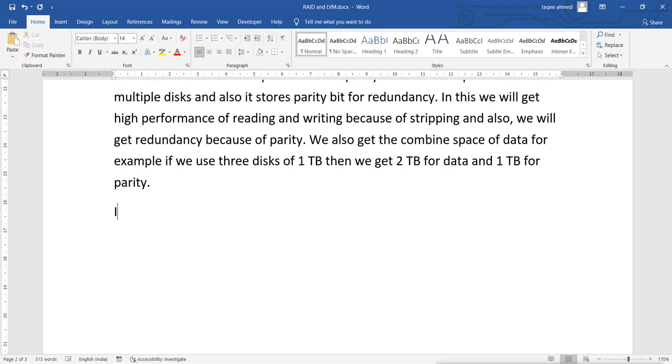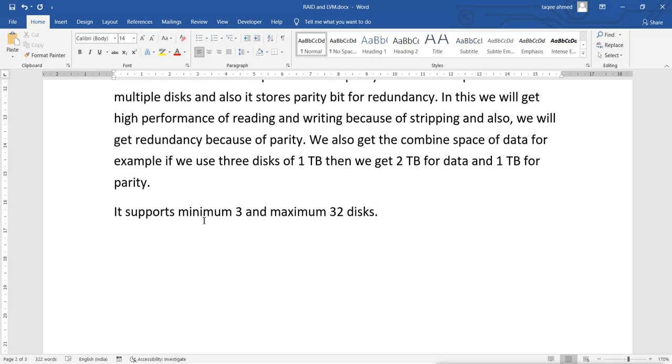Now it supports minimum 3. Remember, it supports minimum 3, and maximum we can go up to 32 for one partition. Minimum 3 because at least 2 disks it needs for striping, and at least 1 disk it needs for the parity redundancy. So 2 disks for the striping and 1 disk is for the parity redundancy.